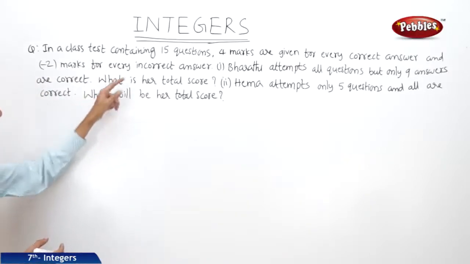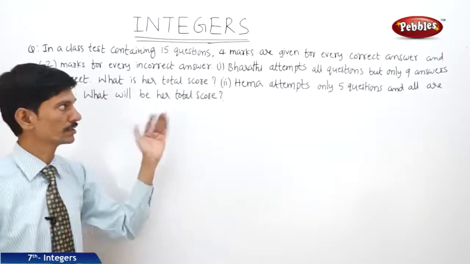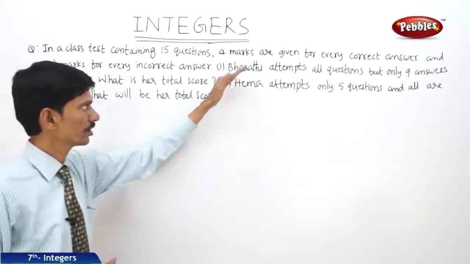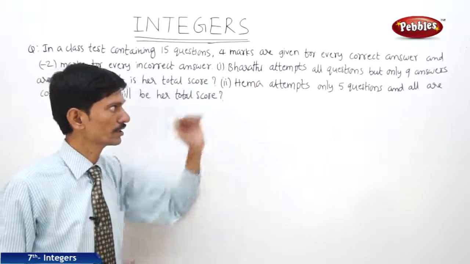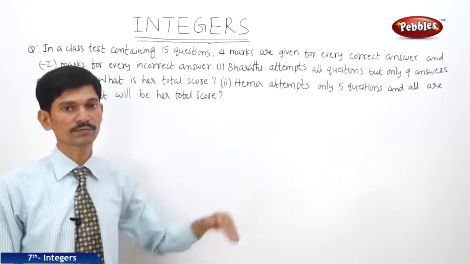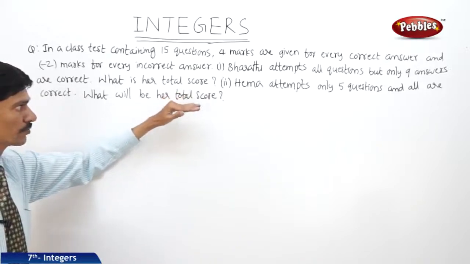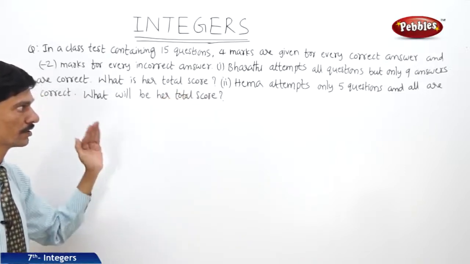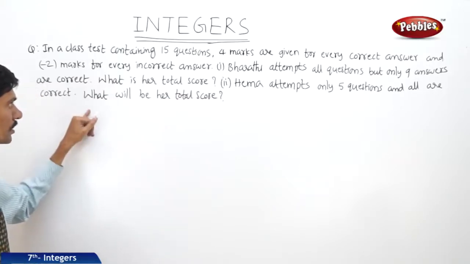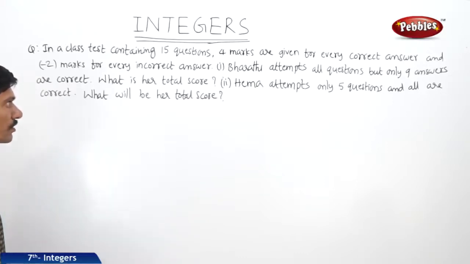So in the test containing 15 questions, 4 marks are given for every correct answer and minus 2 marks are given for every incorrect answer. So then in case of Bharati, she attempts all questions but only 9 answers are correct. So out of 15 questions, 9 answers are correct means the remaining 6 answers are incorrect. Then Hema attempts only 5 questions. So out of these 5 questions, all answers are correct. Then we should find her total score. Now the first case,